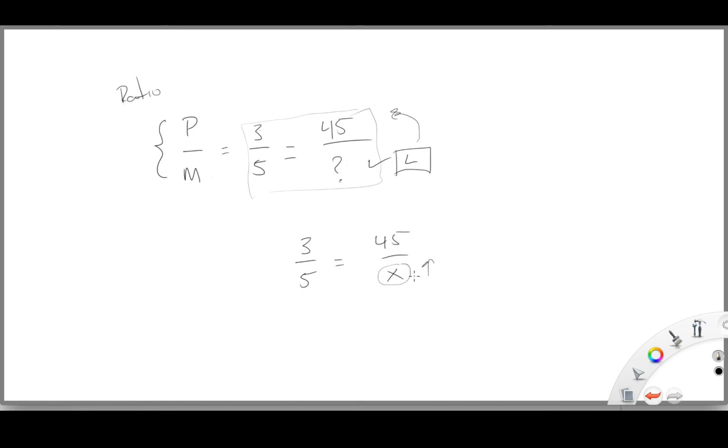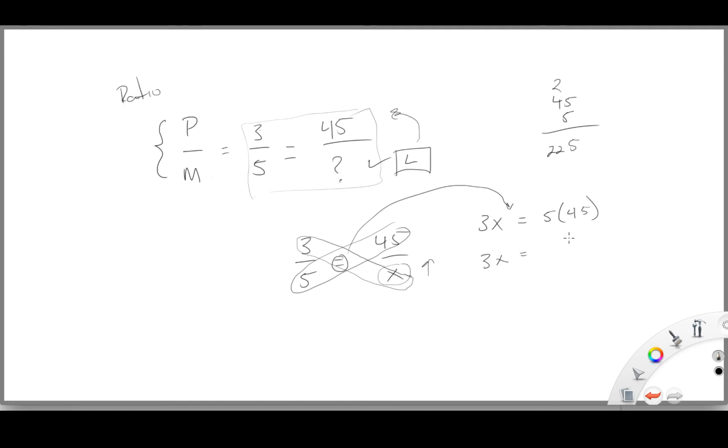So how do we figure this out? Well, when there's an equal sign, we can do something called cross multiplication. So 3 times x literally is 3x. And we want to keep the equal sign here, okay? So we're going to put this equal sign, and then we're going to do the same thing here. Times 5, or 45 times 5. To do the quick math here, 5 times 5 is 25. Carry the 2. 5 times 4 is 20, so it's 225. So 3x equals